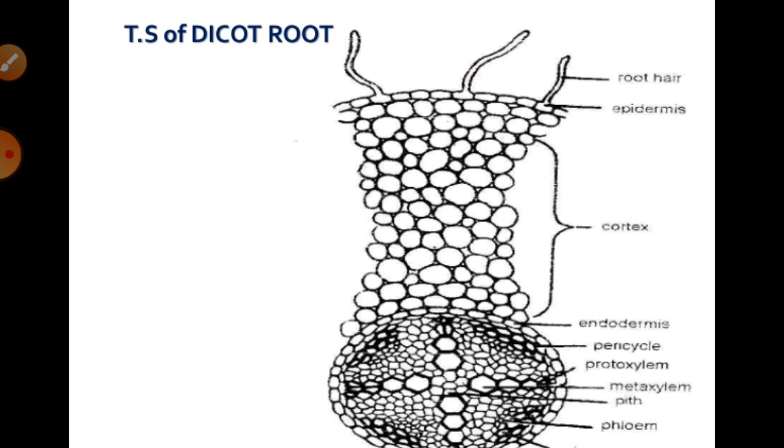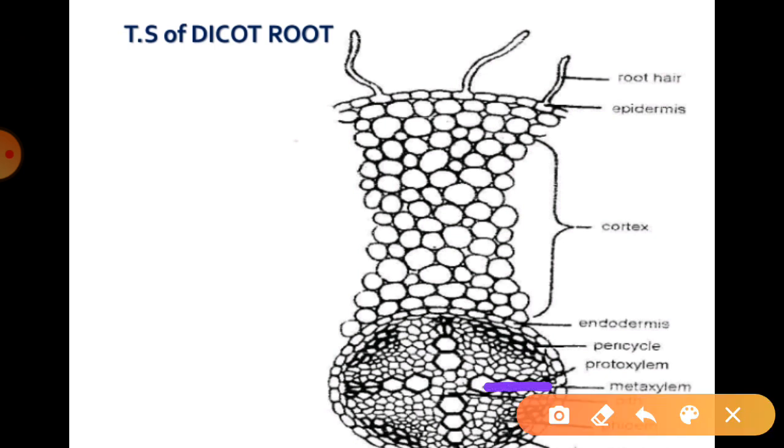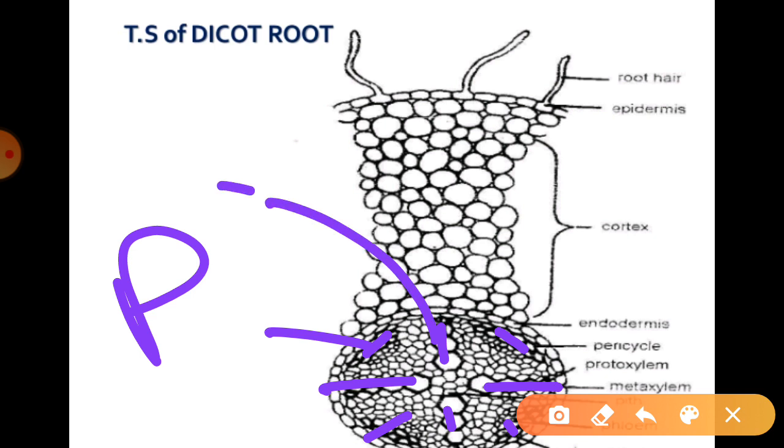So we can say in that particular condition, the xylem and phloem can be arranged alternately in the pericycle. You can just see these are the xylem, these are the phloem, these are the xylem, phloem, xylem, phloem, xylem and phloem. This P is the phloem and this X is the xylem. So alternately they are arranged into the pericycle, or you can say in that inner region of the pericycle.